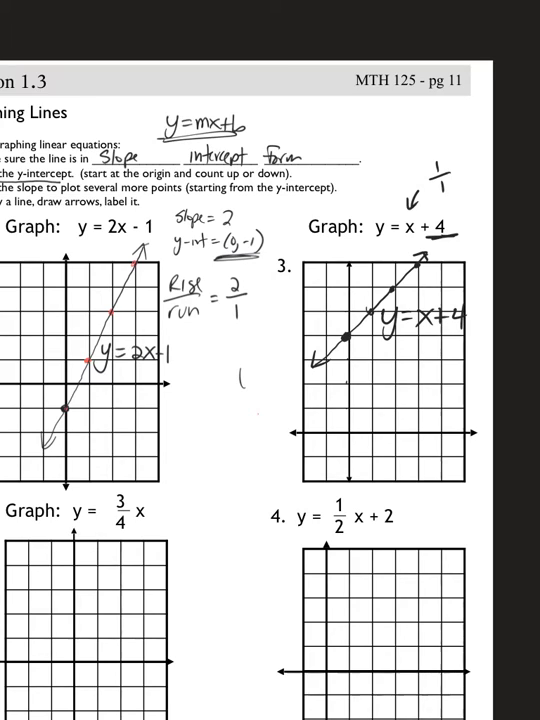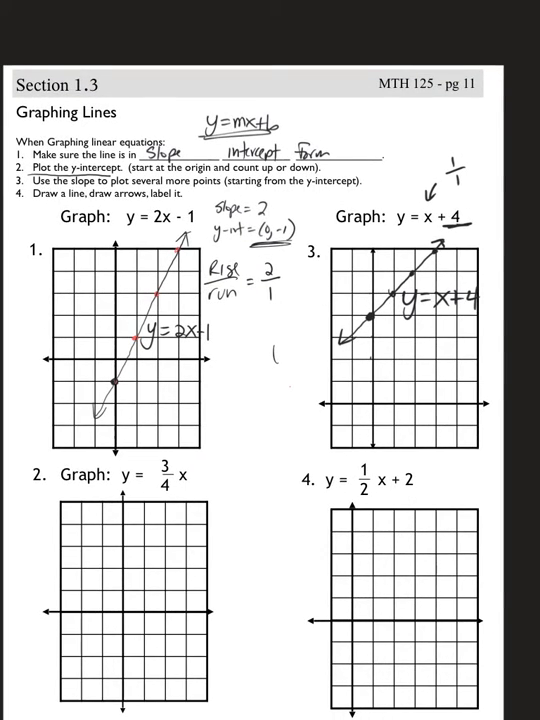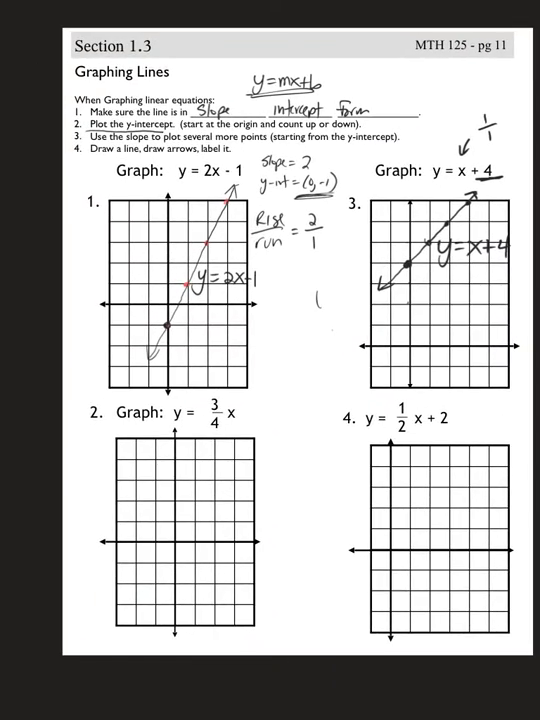You always have to start with a y-intercept first because you need a place to start for rising and running. You can't just rise and run anywhere and have an accurate line. You have to know exactly one spot where the line is so you can use that constant rate of change